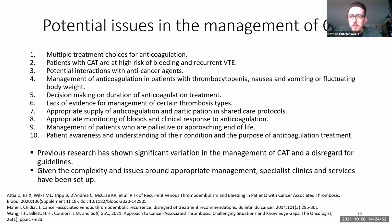We already mentioned at the beginning that CAT as an umbrella talks about not just proximal DVT and PE, but also other types of thromboses as well. And they are often patient groups where there's very limited information about how to manage them correctly. And sometimes we have to make judgment calls on how to manage them based even on a low amount of evidence. We know as well that there's opportunities within management of CAT for greater involvement with primary care, particularly utilization